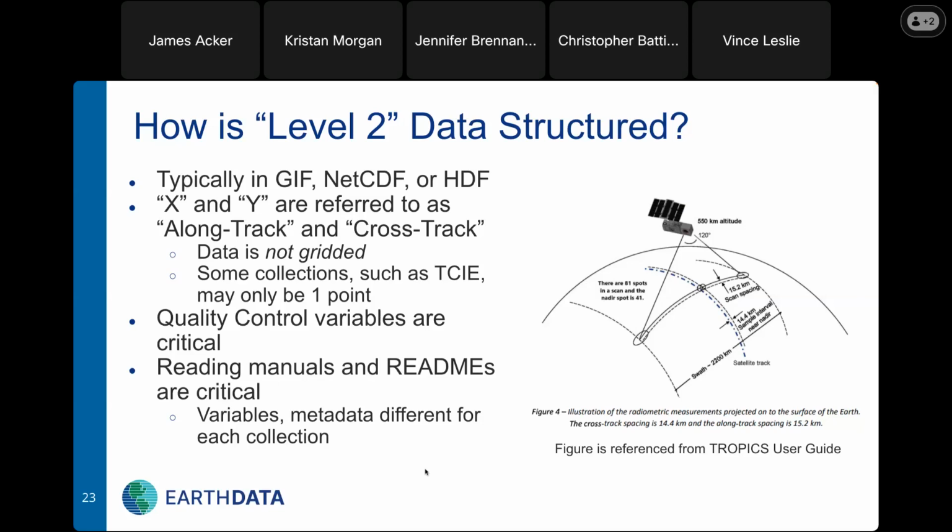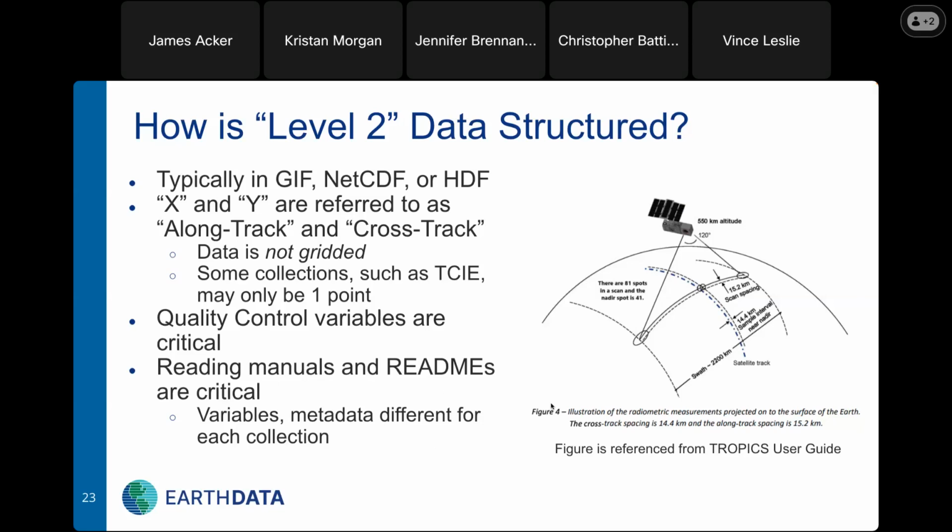Instead, for TROPICS, we have this swath, and the swath actually traces the path of the satellite as it traverses the globe, wherever it may be for that particular point in time, taking its measurements. And so the X and the Y of this are referred to as the along track and the cross track. And it's not even an X and a Y. Sometimes the path can be a little bit diagonal, or not necessarily just with how this is structured, being on